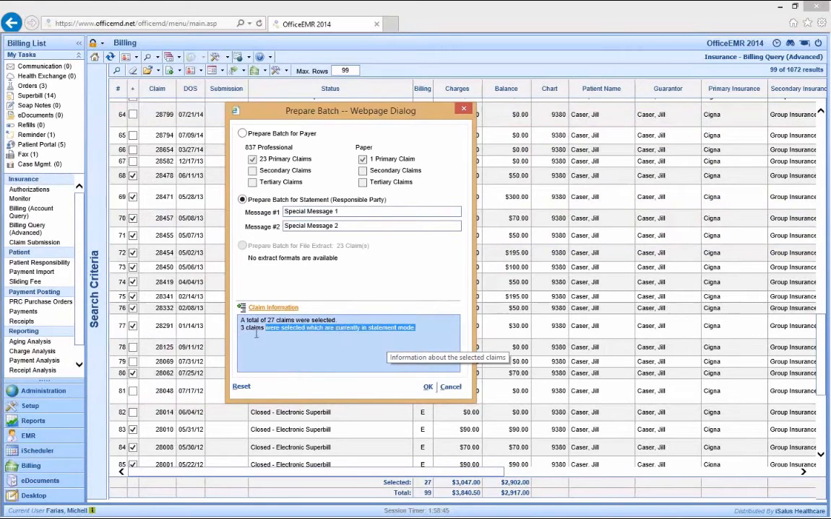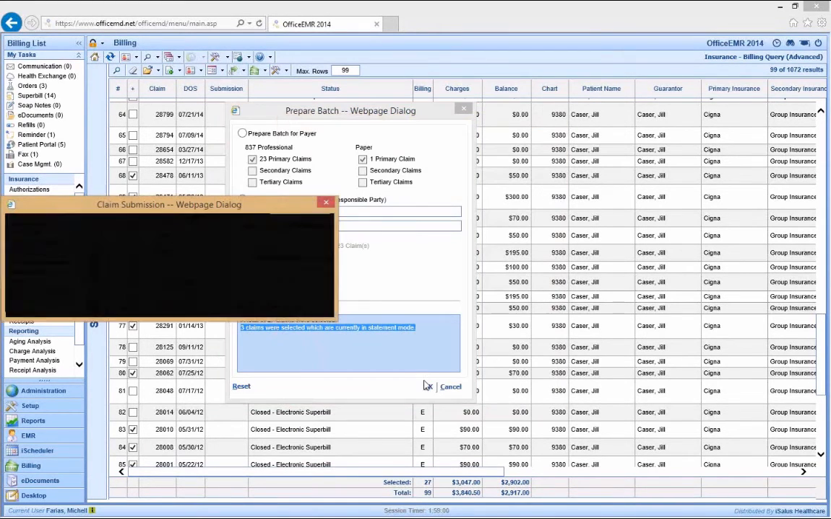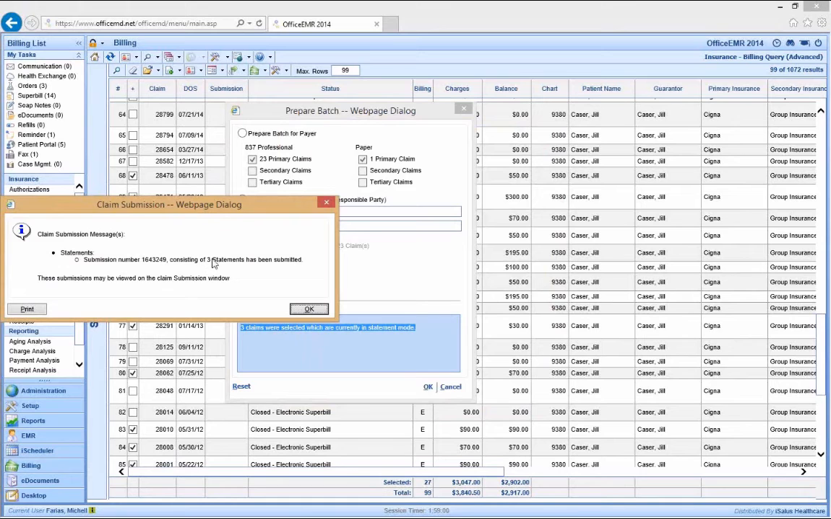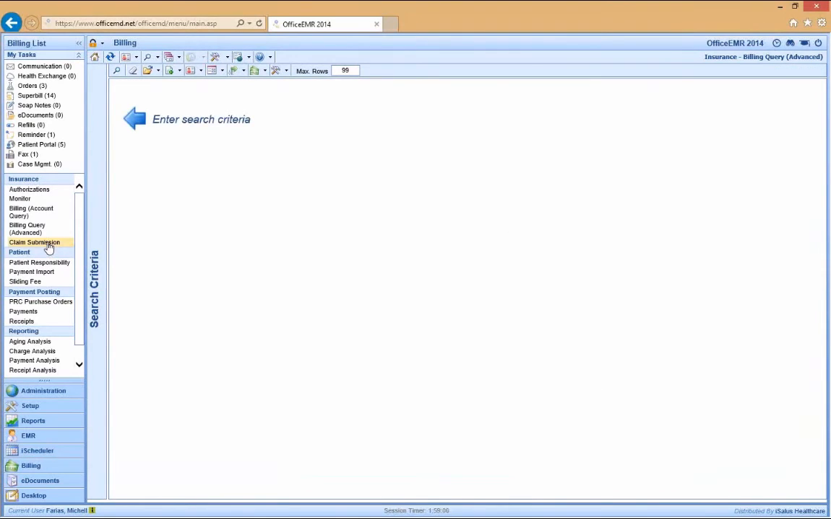And below that, you have the number of claims which are actually in statement mode. So although I selected 27 claims, only 3 of those claims are in statement mode. So note that the system actually does exclude any claim that needs to go out to the primary that was checked. So once I click on OK on this pop-up, this will now only prepare a batch with 3 statements, not the original 27 I have selected, because those still need to be processed to the primary insurance. This also informs you that you can view this batch in the claim submission window. I'm going to go ahead and click OK on here now, and I can now move on to my claim